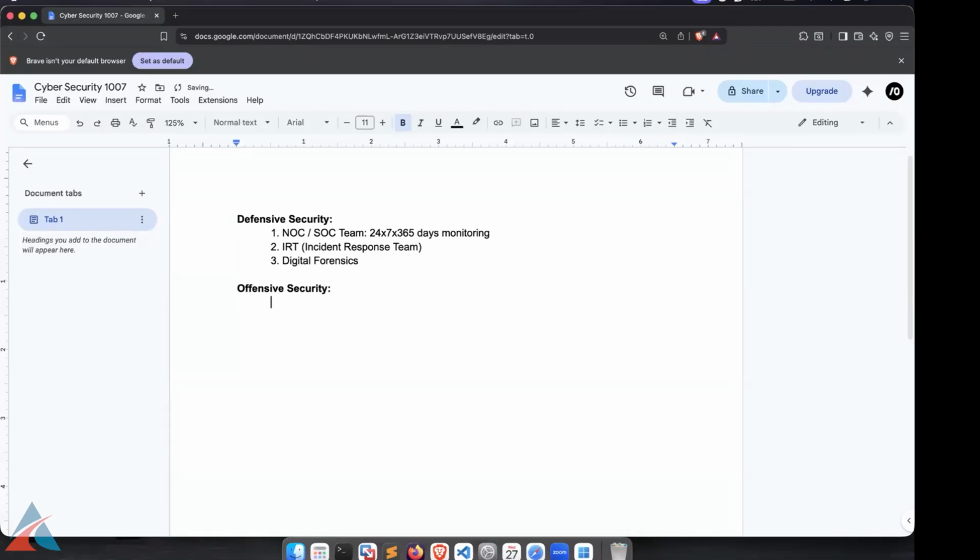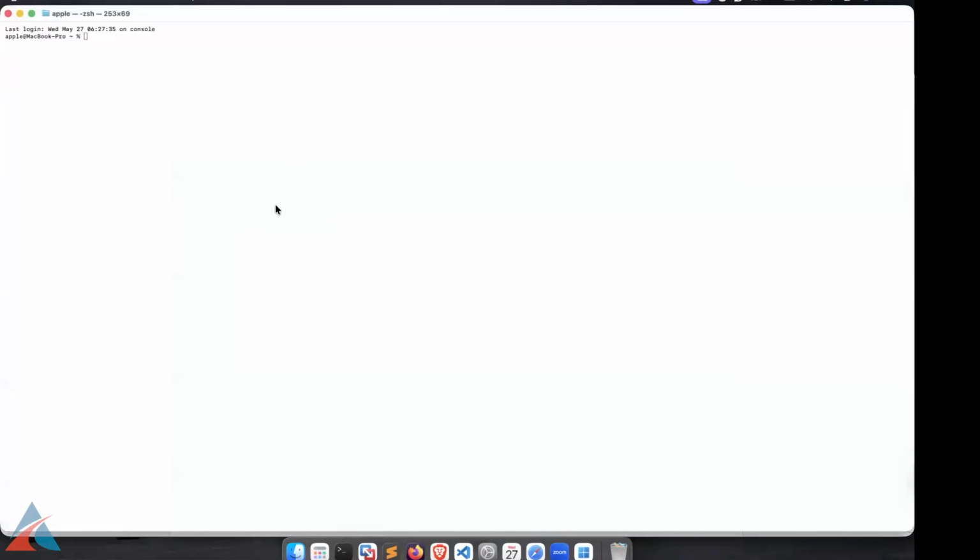Okay, now there's the offensive security team. The offensive security team is what, as an external assessment or an internal assessment, the company does to check whether their assets are secure. Assets as in their infrastructure, the servers, the digital assets that the company has. So now let's say again this is the bank, and this is the entrance, and let's say the wall here is weak, or there's some sort of entry, a backdoor access. So the bank will hire, or they will have their own internal people, who will perform a thorough assessment on this environment.